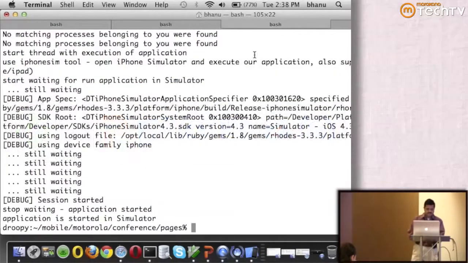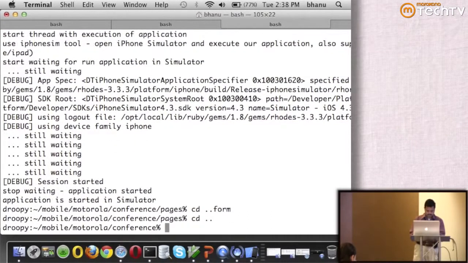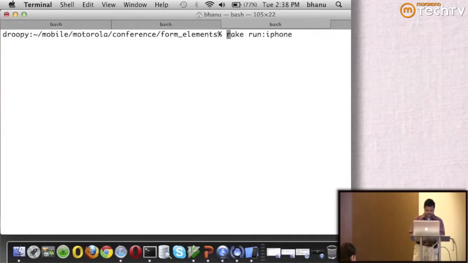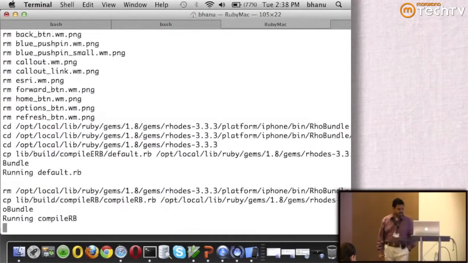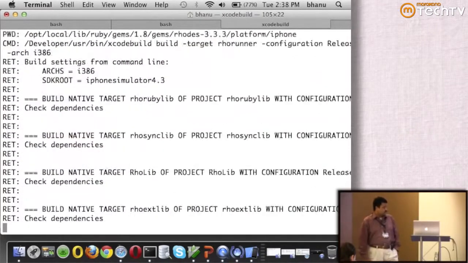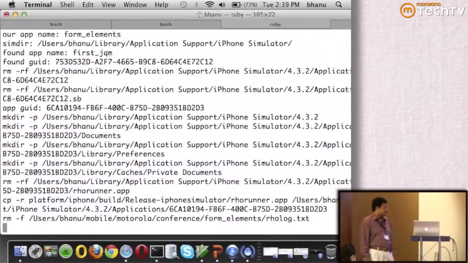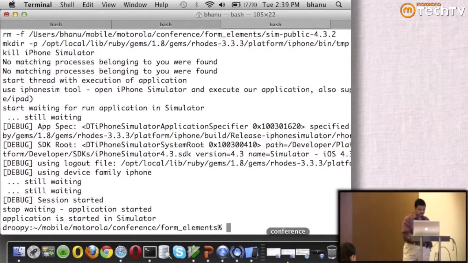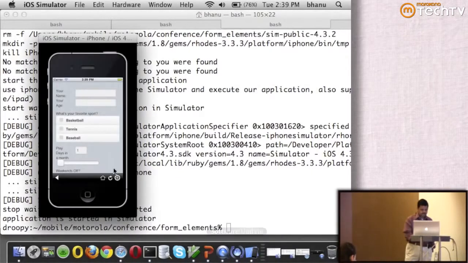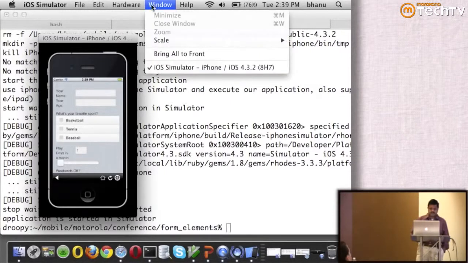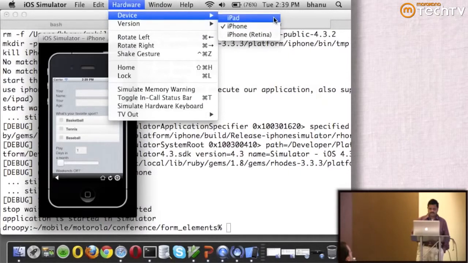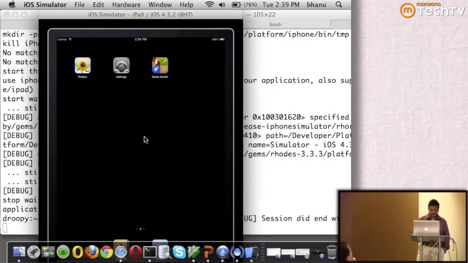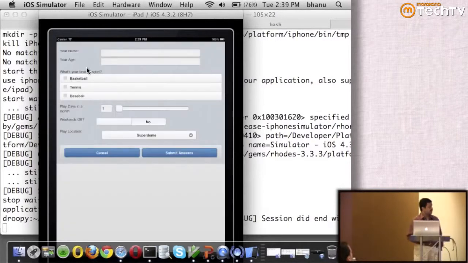So let's run this and let's switch back and forth between the code and the example. I am not running this on an Android emulator because it takes a while to run on it. And this time let me make this run on the iPad instead of an iPhone, just so that we can see it more clearly.